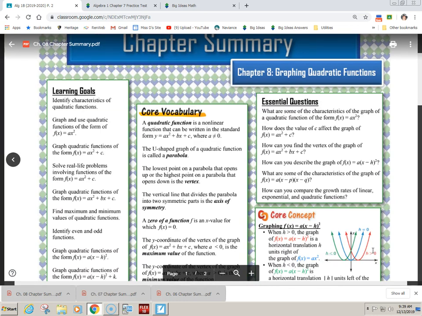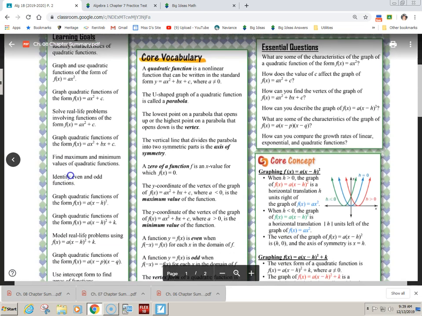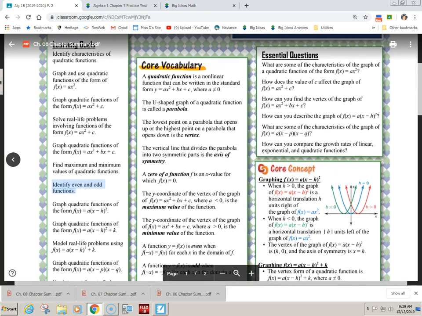Learning goals. What you're supposed to do. I mean, that's great, but I don't want to put that on a formula sheet for my final. That doesn't help. Trey, what's up, bud? He's back there. Yeah. Core vocabulary. I mean, the main vocabulary, it's good, but